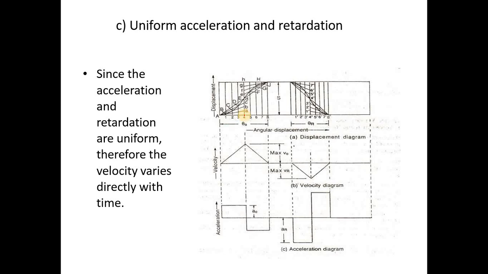From the center line, from the center of this particular number 4, draw the equal number of parts. Draw the equal number of parts of the stroke also, that is 8. Whatever the number of equal parts of theta O, that must be the equal number of parts of the stroke. Look at this: 1, 2, 3, 4, 5, 6, 7 and 8, 8 equal parts of the stroke length also. Then you can see over here, join A to the first point, A to the second point, A to the third point and A to the fourth point.